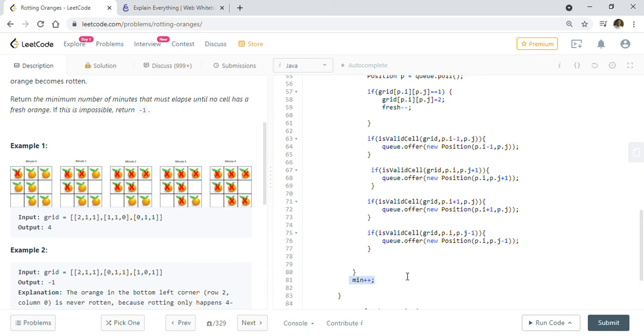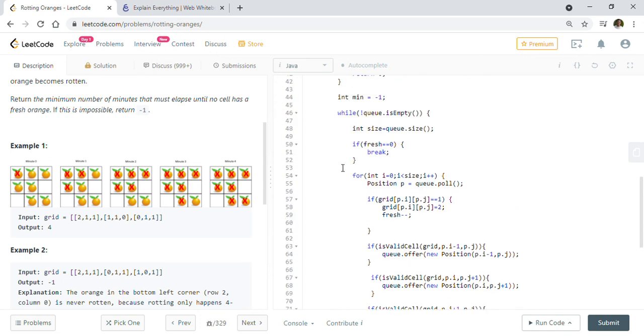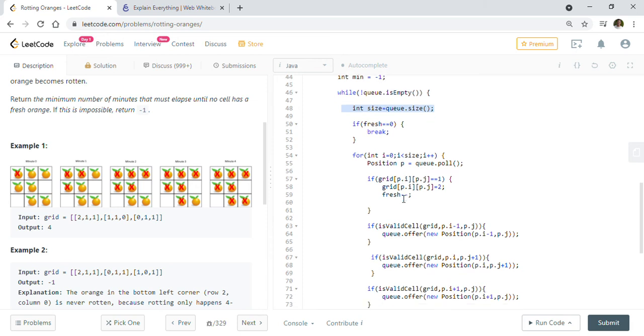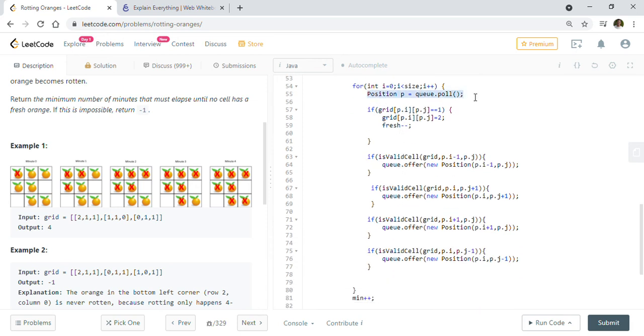Because 1 minute has passed, now again the control will go back here into the while loop, and again it will poll the size. Now it will find two elements in the queue, because we just added these two oranges, right? So it will find these two oranges in the queue, and it will keep processing. It will poll those oranges, and if it is a fresh orange, then it will make it a bad orange, and then it will decrement the fresh orange count.